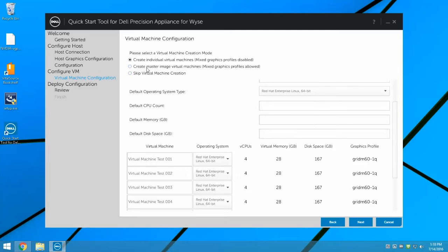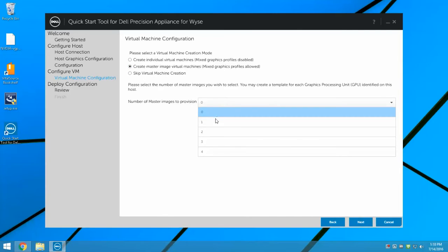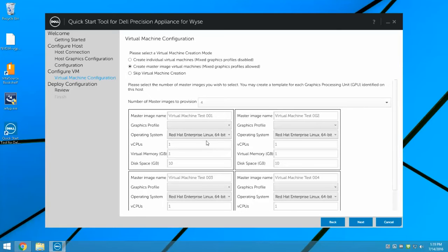This is to create master image virtual machines. This allows for mixed graphics profiles, and right here we're given the option to make up to 4 master images, and the reason this number is chosen is how many graphics processors there are available, because each graphics processor only supports a single profile at this time with NVIDIA. So for the purposes of this demonstration, I'm going to select 4,